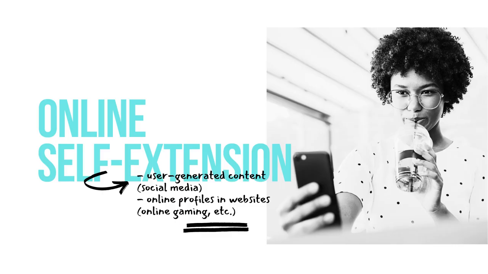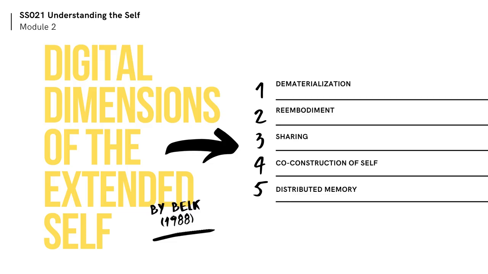So, this concept may be new to you, but there is actually a process of self extension online. When we say self extension, it means that your concept of self can be extended outside the body. Online, this happens through the content you create on social media, the profiles you have on websites or in gaming sites. These are a few examples of the things that add up online to build your online self.